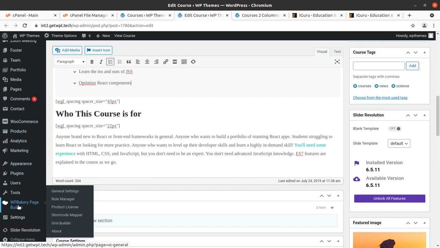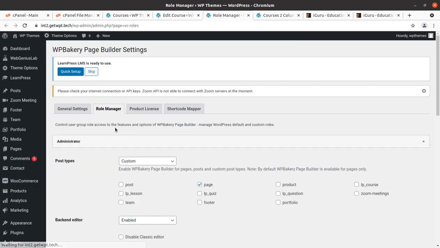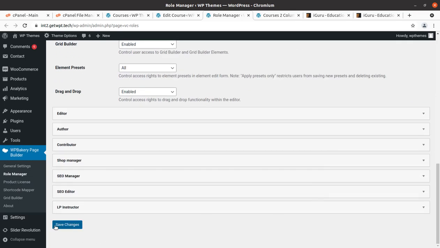So this theme uses WP Bakery, and you can go to the role manager and enable the page builder options. So here in the role manager the post type should be custom, and you can choose the courses and lesson or quiz, wherever you need this on a post, so you can enable the page editor as well.